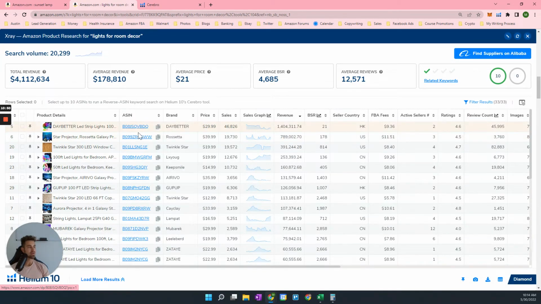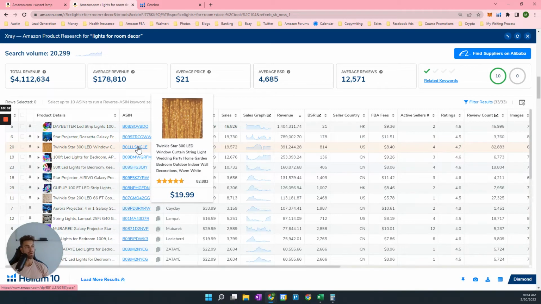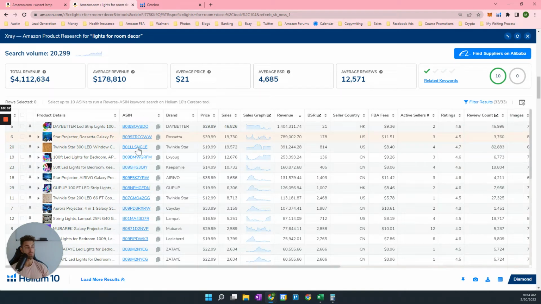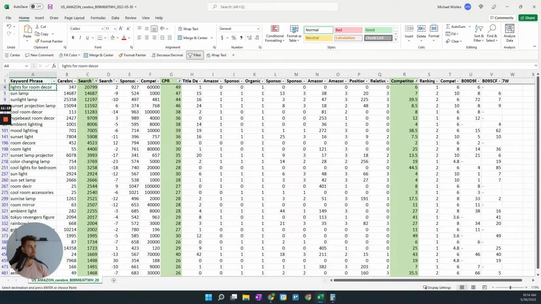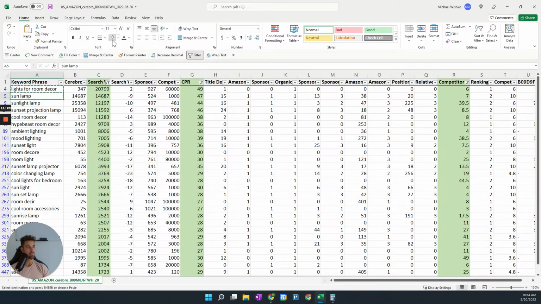If most of the products are very closely related to your product or your product itself, then it's a good keyword. But if it's like this and you don't see your product anywhere, then you can understand our product is not converting for this keyword. So just because one of these is ranking well for this keyword doesn't mean we're going to put it in our listing. So what I would do is come here and look for 10, and I go, sun lamp,